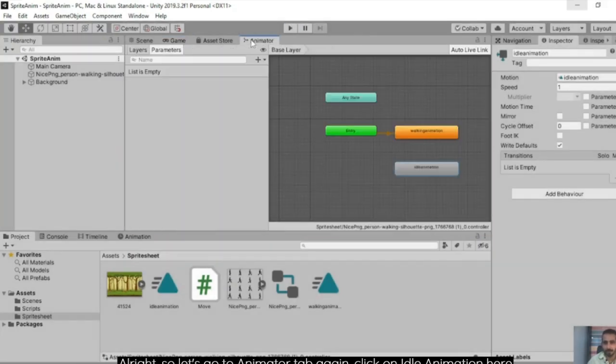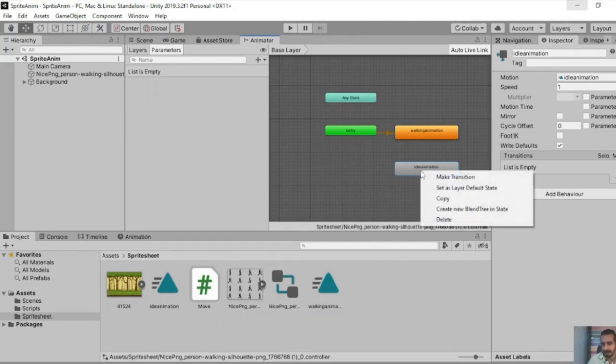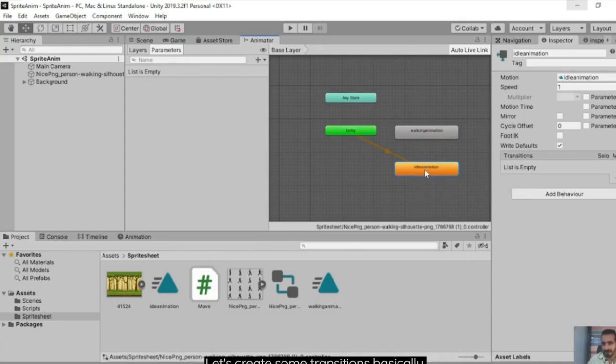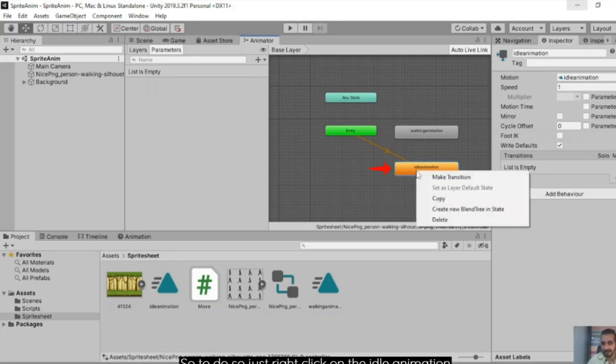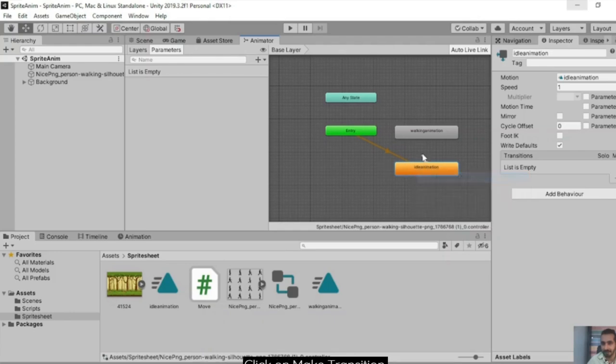All right. So let's go to animator tab again. Click on idle animation here, and click on set as layer default state. So this will be the default state once we start on the play button in the game. Let's create some transitions. Basically, when we hit the play button, this animation is played as it is set as a default animation now. But when we click on the left or the right arrow key, walking animation will be played. So to do so, just right click on the idle animation, click on make transition